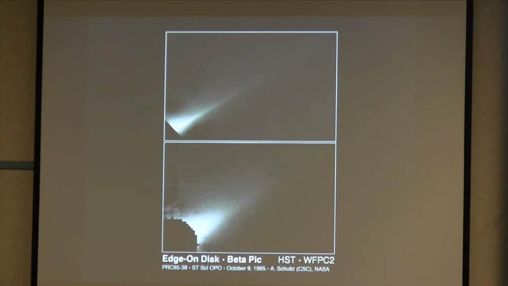But we have seen disks around lots of stars now. We're looking for lots of disks. This is the star beta Pic, or what would be here is the star beta Pic. Again, we're using the coronagraph, blocking out the light of the star in order to see the faint stuff around it. On large scales, you can see a bit of disk when you block it out. You're able to get in close, and you're able to see that there is disk material. This would be an edge-on disk in beta Pic. We followed that up